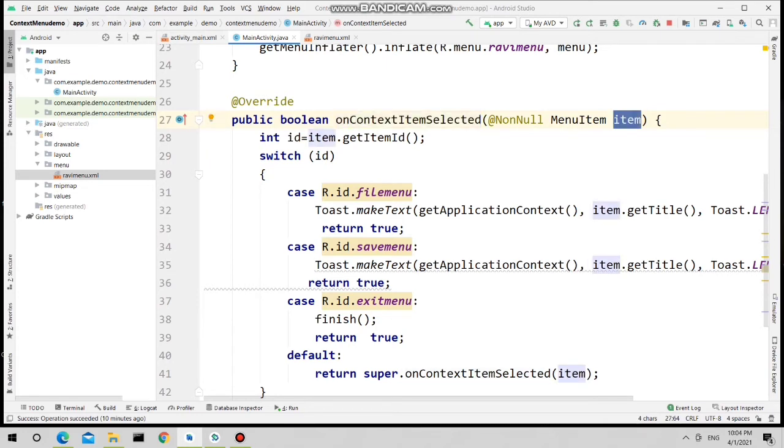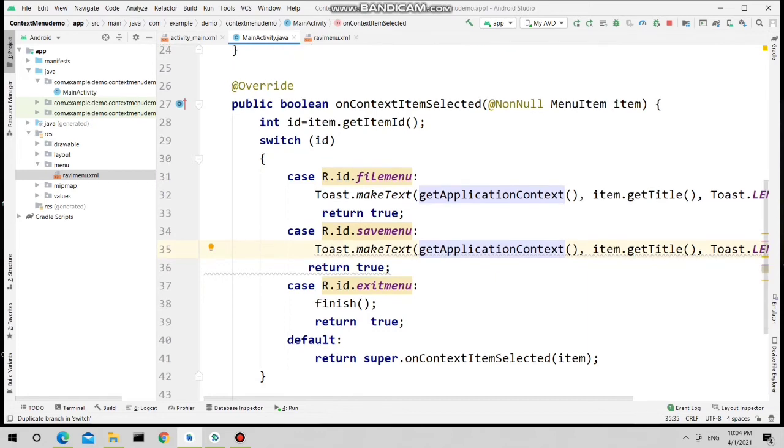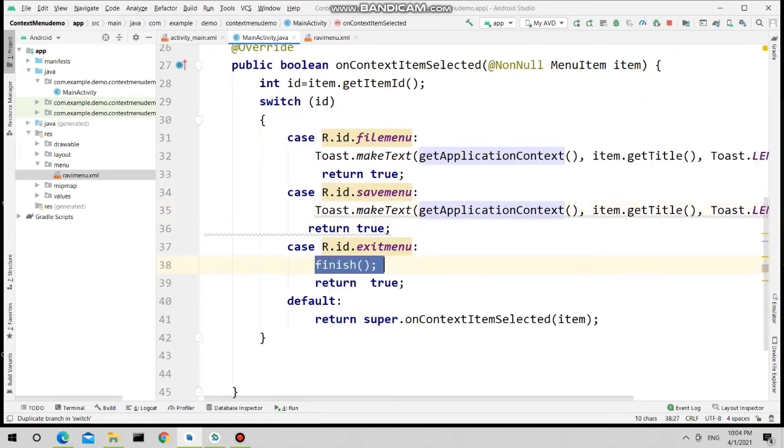From that object we are getting the id, and that id is assigned to this id variable, and we are comparing that id with the id of all menu items, and whenever there is a match we are displaying the toast by displaying the title of that menu item. If the third menu item is selected, then we are exiting or closing the current activity.